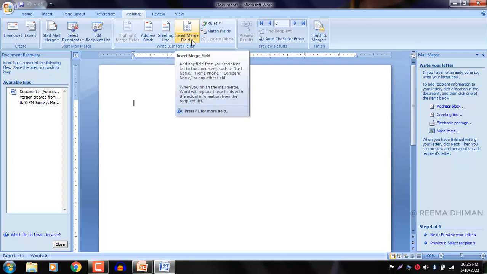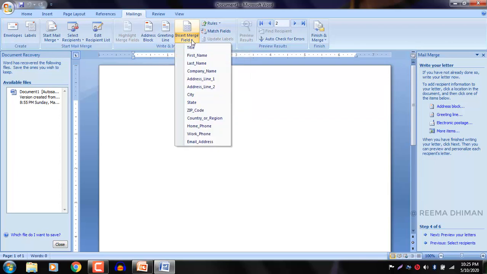You have to click here for defining where you want to place the particular field in the letter. In the letter format, where you want to place the particular information. All the fields which you have defined in the list, in your contact list, you can define here where you want to keep them in the format.